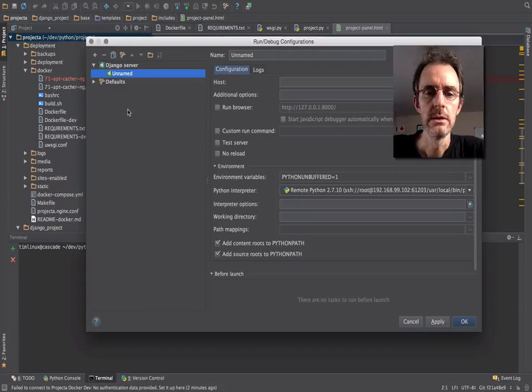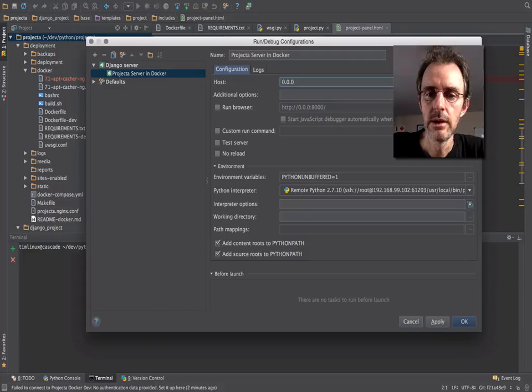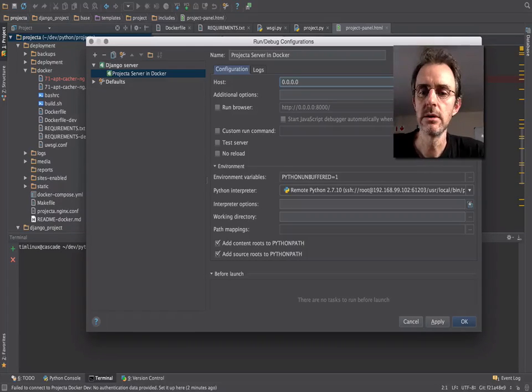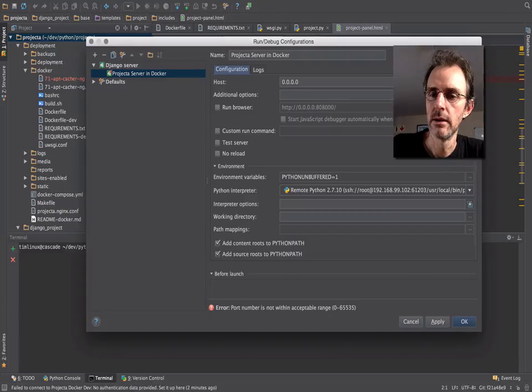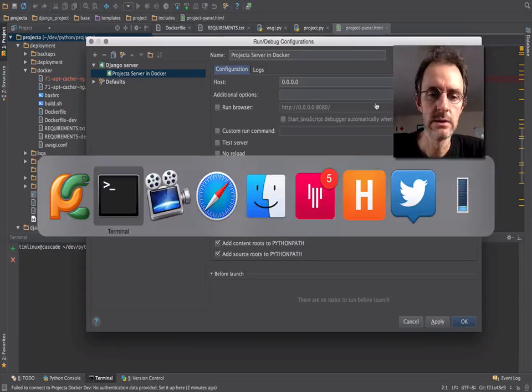Okay. So now I'm going to set up a Django server, and I'm going to call it project server in Docker, something like that. And then the host, now the host is the host that it must be published on. If you use 0.0.0.0, you'll be able to access it from any host. And this is just standard Django stuff, right? And I want to publish it on port 8080, because remember